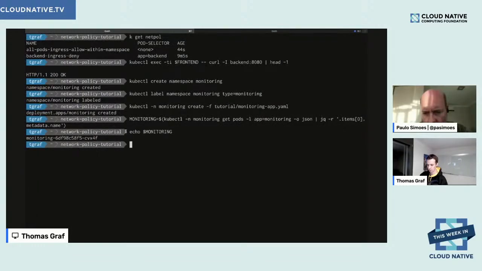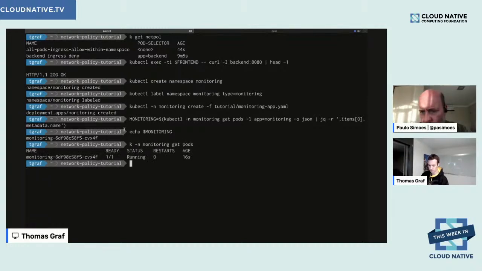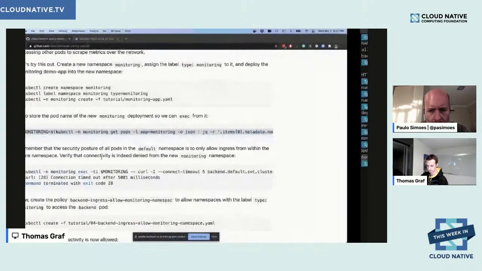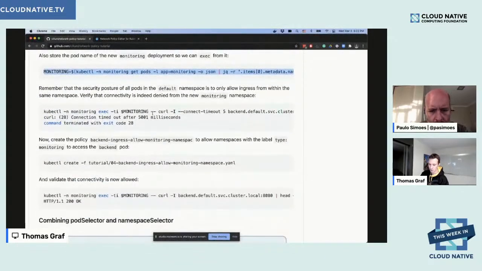Check if that worked. Yes, so this is our monitoring pod. We have a monitoring pod running. Think of this as your Prometheus running here. All right, so